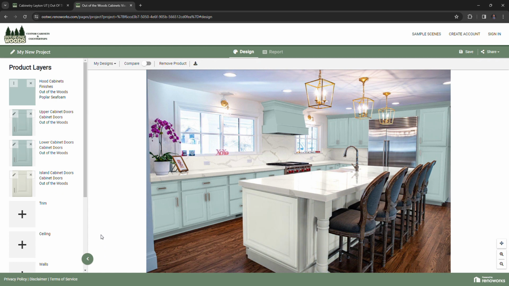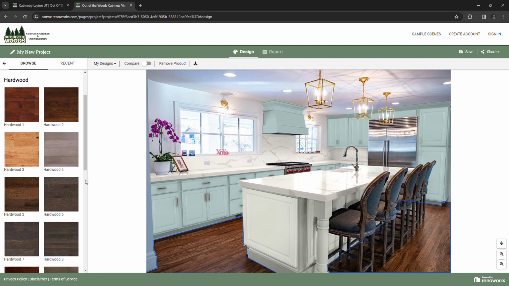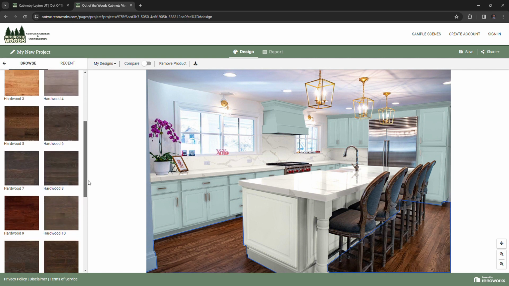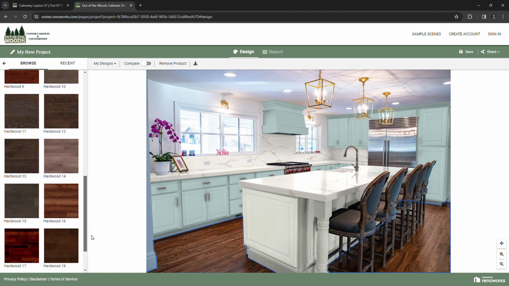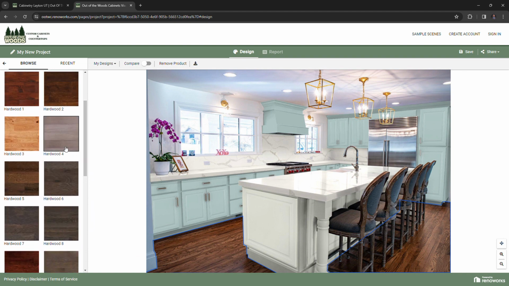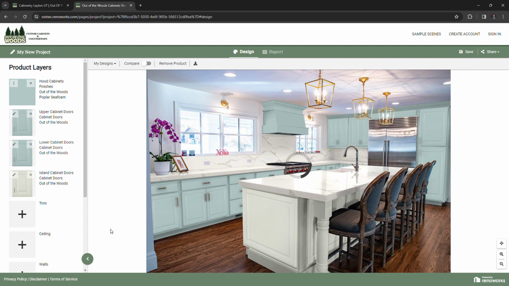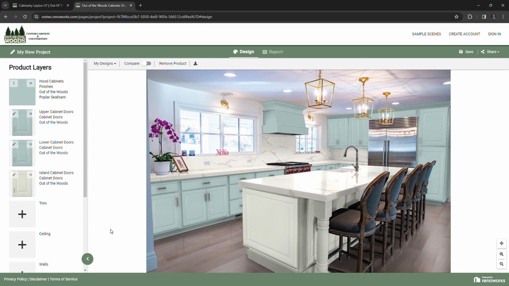There we go. And now we really brightened up this space quite a bit, but the flooring just doesn't quite work. So let's go ahead and see what kind of hardwood options. That's a little too dark for how bright that space is. So how about we go to a slightly lighter hardwood option. No, I can't do anything about the furniture, unfortunately, so we still got dark furniture there, but this is an